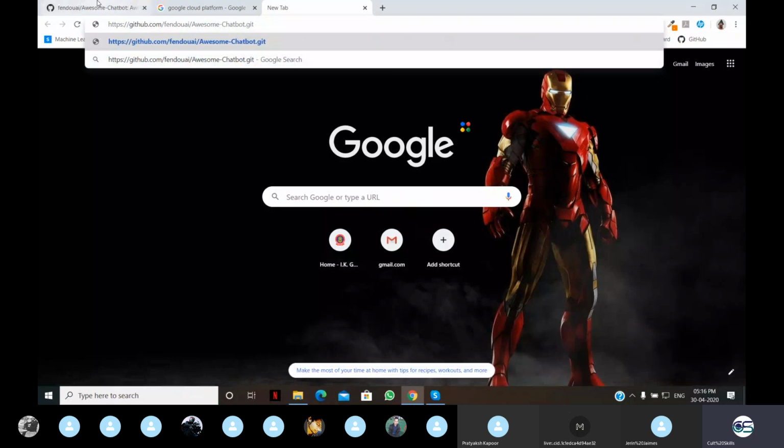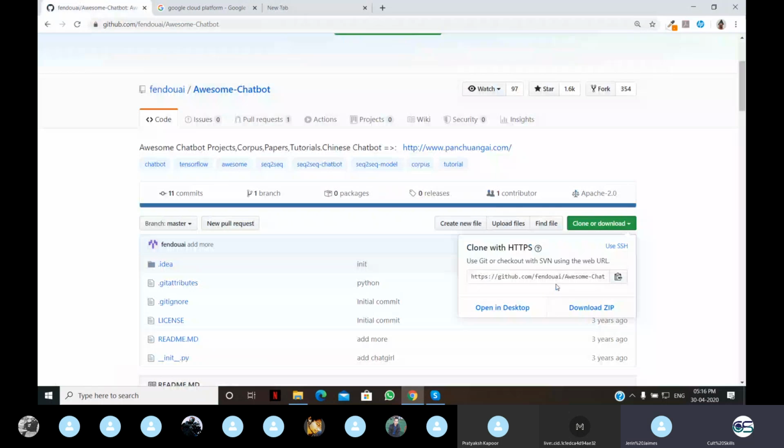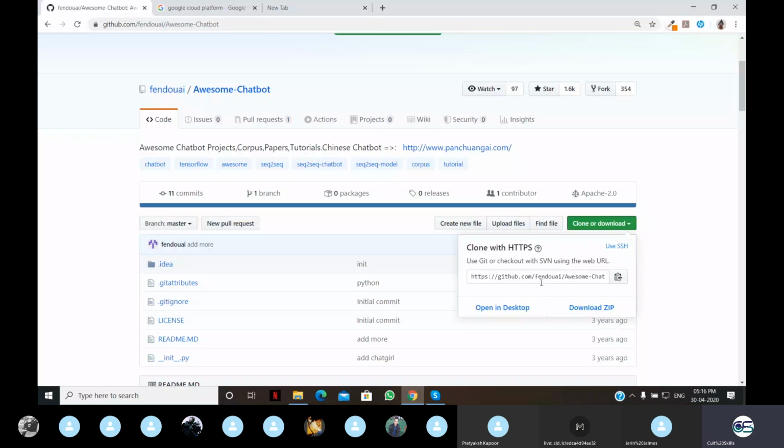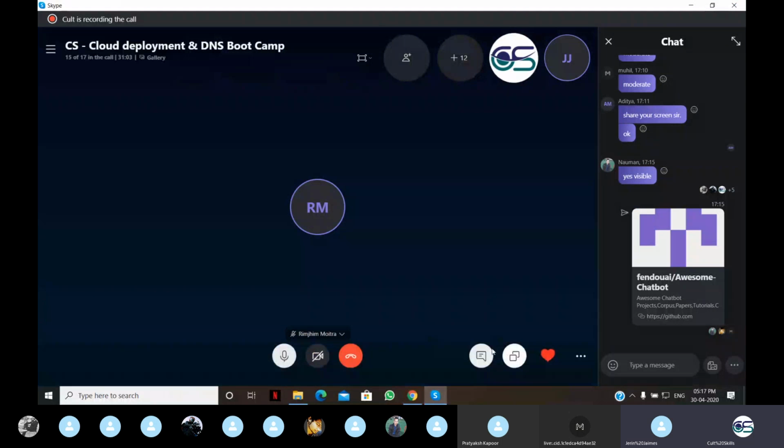Yeah, just go to clone or download. Click on that. Yeah, it's an HTTP link. Fine, so let's try with this one itself. And what basically I'll do is share my screen on my part. You can unshare it.